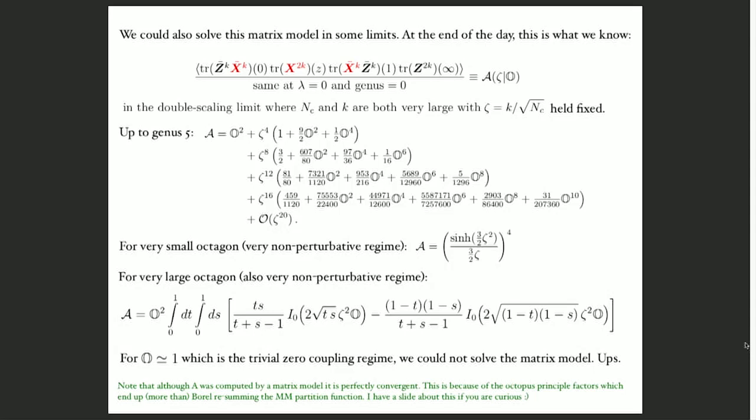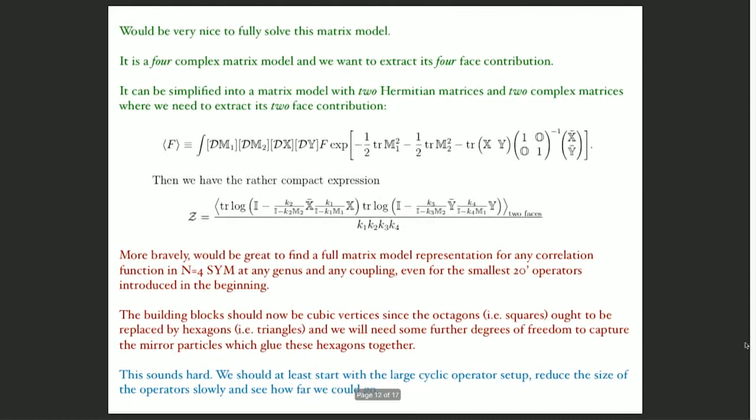It's probably going to be some integral with some Lagrangian here, inspired by these matrix models for the Wilson loops. It must be something like that. O equal to 1 is the weak coupling, free theory correlator. It couldn't be simple, we could just do Wick contractions, and we could not solve the matrix model. It's a bit embarrassing. Okay, so that's it, and then, of course, it will be very nice to solve this